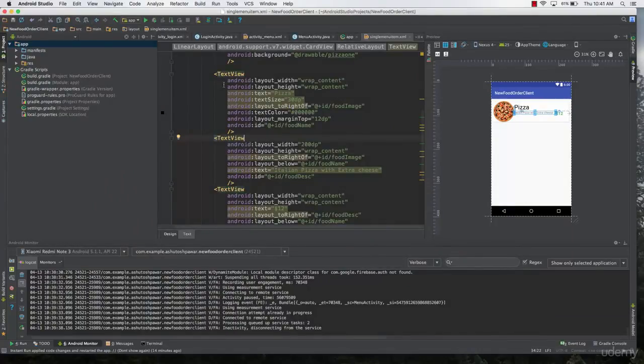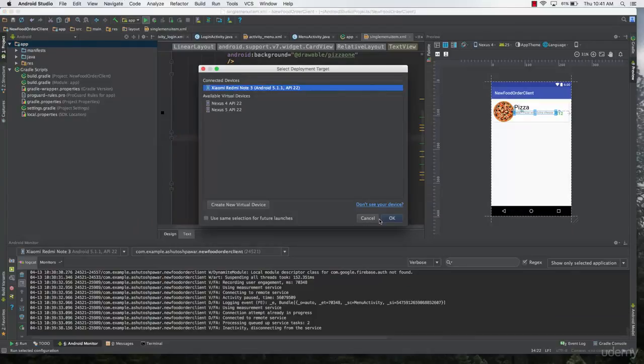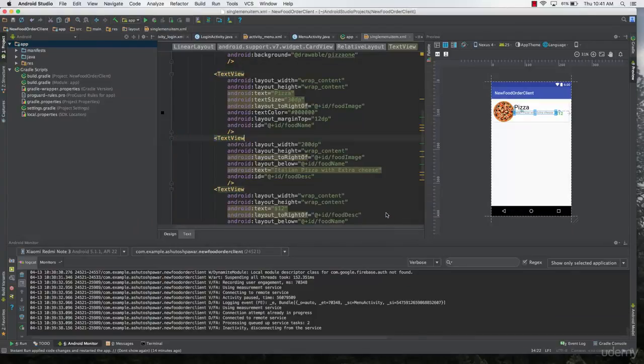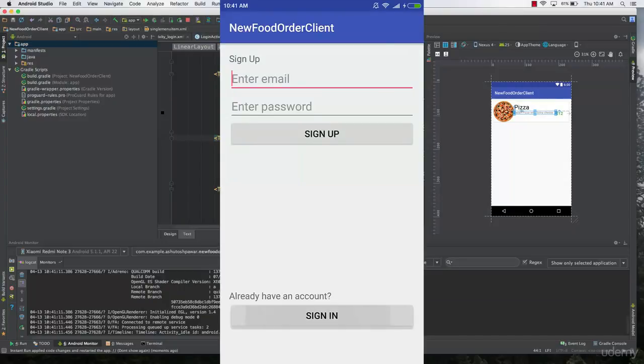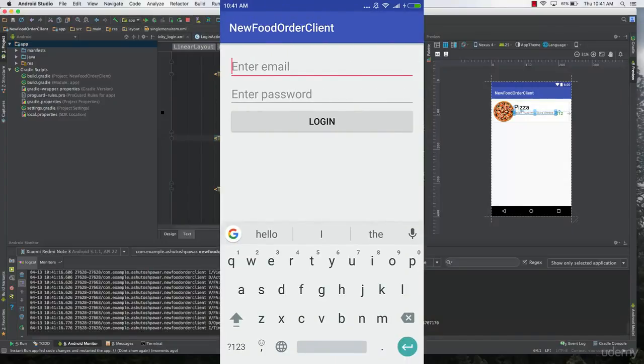So right now I'm going to run this application on my device just to show you guys what this looks like with multiple items, and after that we will start designing the functionality so that the client is able to order. So again, it's asking me to sign in, so I'm going to sign in. The email is chris@gmail.com and the password is demo. Hit login,